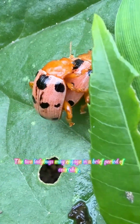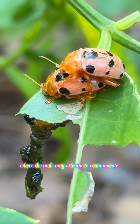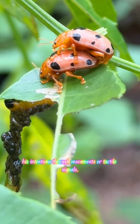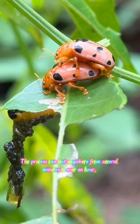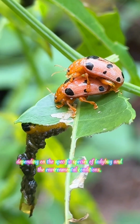The two ladybugs may engage in a brief period of courtship, where the male may attempt to communicate his intentions through movements or tactile signals. Mating usually occurs when the male successfully climbs onto the back of the female. The process can last anywhere from several minutes to over an hour, depending on the specific species of ladybug and